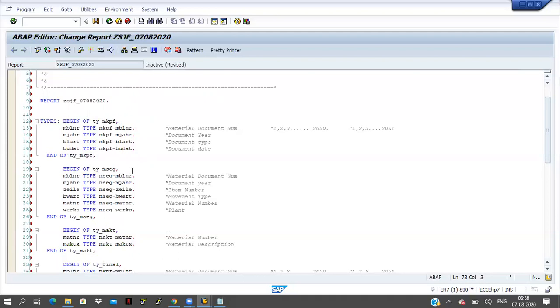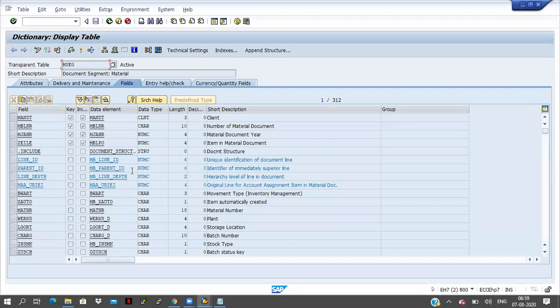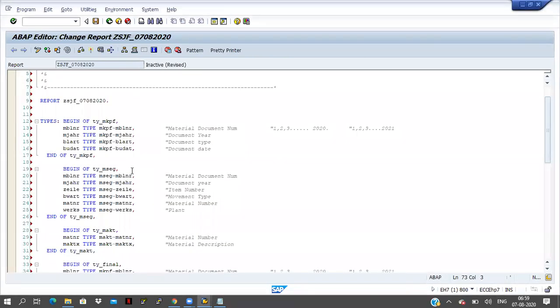So at that time, what will happen? The performance will be a little bit low. So in the declaration part, how we have to declare the fields means, in the same order as it is at the table level, we have to declare in our program, in our types. We can declare in mis-order also. First of all I will declare WERKS, after that BWART, and after that MBLNR, MJAHR, like that I can also declare.